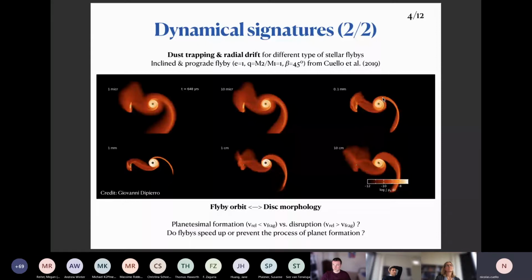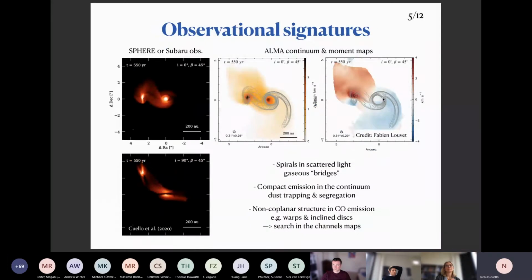And then using those simulations, we construct a realistic disk model, which allowed us to do synthetic observations. So here you have the example I just showed for a SPHERE-like observation, and moment 1 and moment 0 ALMA maps here in the middle and on the right. And here you can see the continuum emission from the millimetric dust, let's say. And here you see the edge-on view of this system.